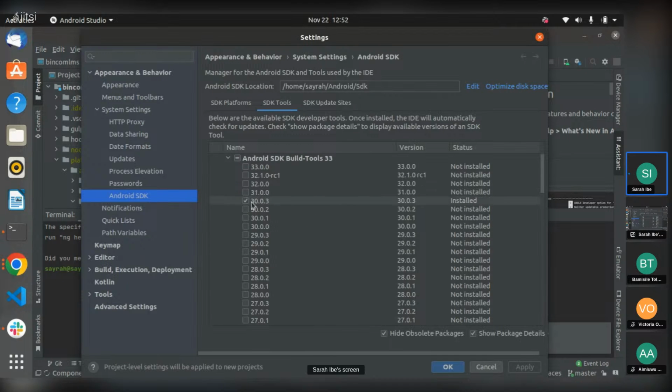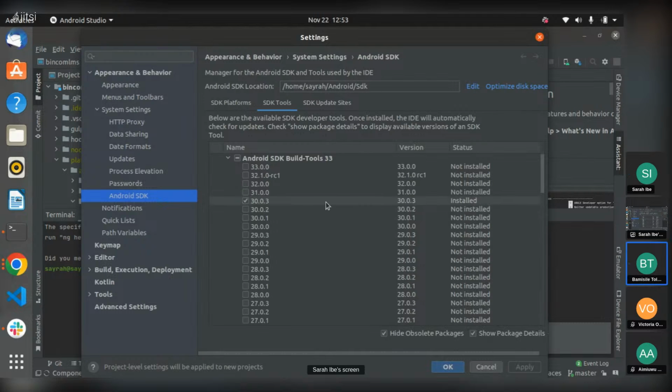That's why I have 30 installed here. You will upgrade your SDK build tools based on what the Android version is. If we are currently on Android version 9, the appropriate one should be 27 or below. But it's on Android version 11, and that's why I have SDK build tools 30. 30 is the highest so far for it.